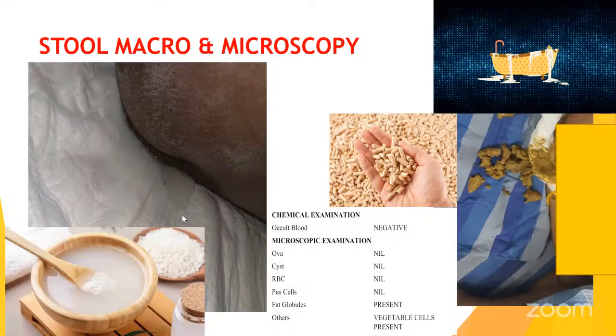And one more thing we should look for in any chronic diarrhea is fat globules. When fat globules are present, they diagnose pancreatic maldigestion and malabsorption. And paradoxically, when we look into the stools of patients with chronic diarrhea, there may be pelletized stools, which means they have chronic constipation with impaction of stool, which causes overflow diarrhea. So that may also be the reason. This is very important, which is why we have to examine the stool.